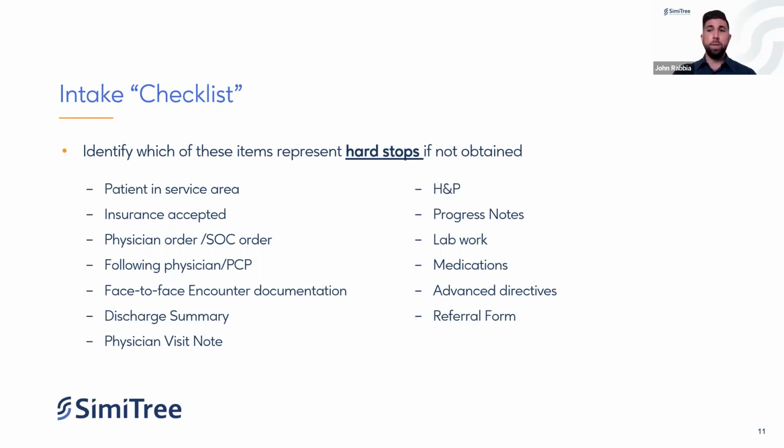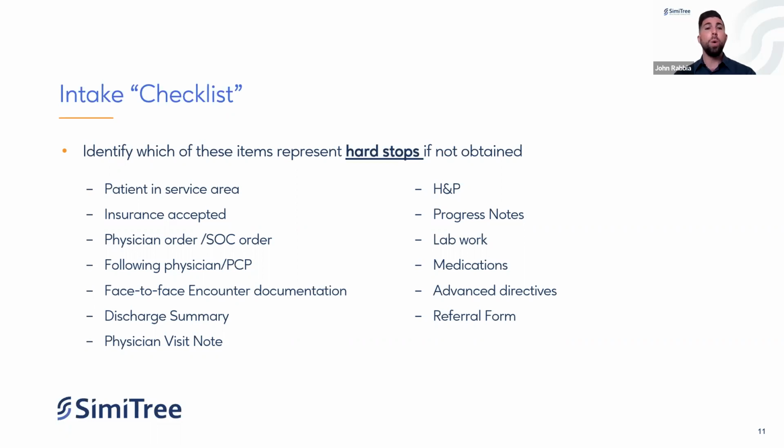And what we need to do here, as we're looking at these different data points, is discern what is need to know and what is nice to know, because, we'll talk about this in a moment, we want to make sure that we're not delaying patient care if possible. We want to make this process as easy as possible, both for the patient and their caregivers, so that they are not feeling like they're in limbo, but also for our referral sources, so that they're getting a quick answer. They know that their patient is taken care of, that there's continuity of care, et cetera. So we need to make sure that this is easy and efficient.